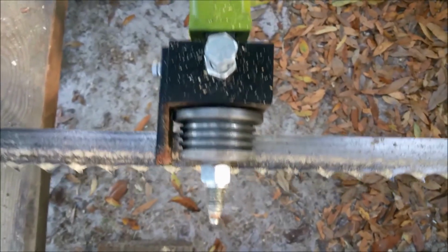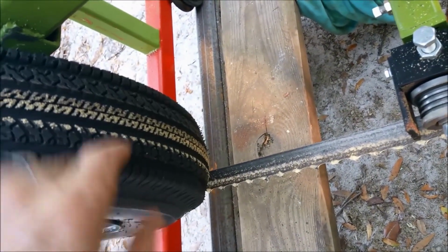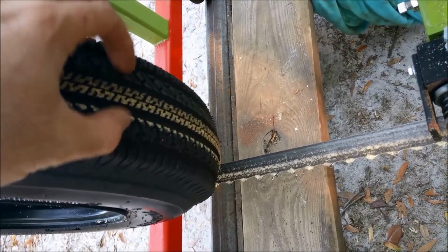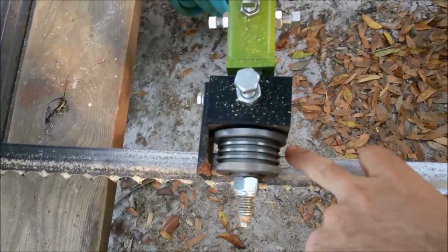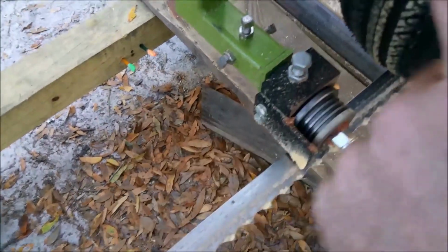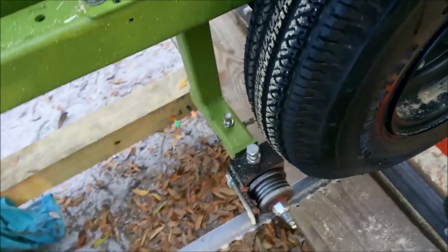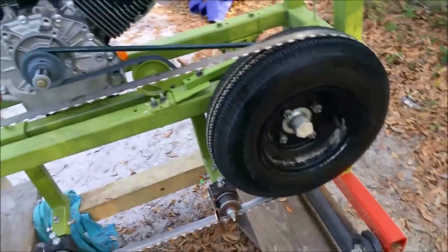Because I'm using rubber wheels instead of actual band tires, I set my gap here just a little bigger than what Cook's recommends, and that's because the blade tends to ride back further on these wheels than if they were on a solid or rigid wheel. So anyways, that's pretty much